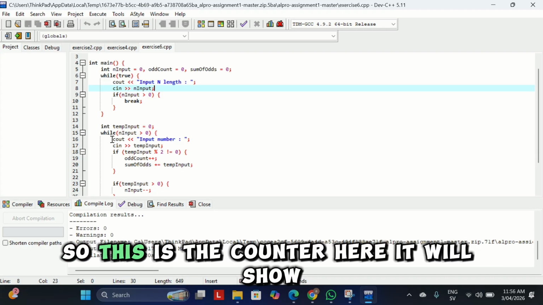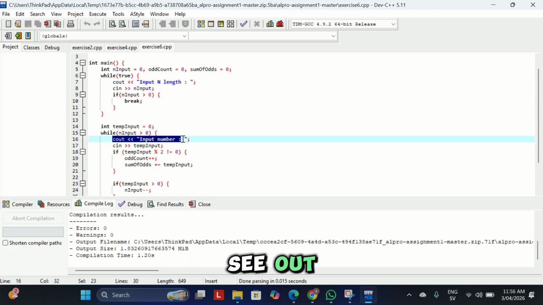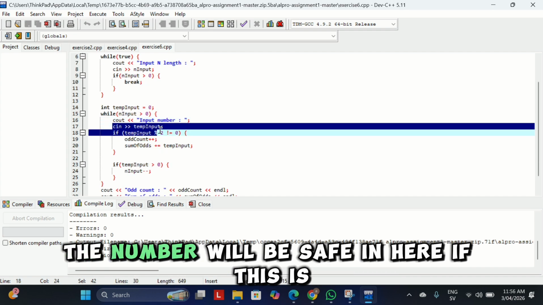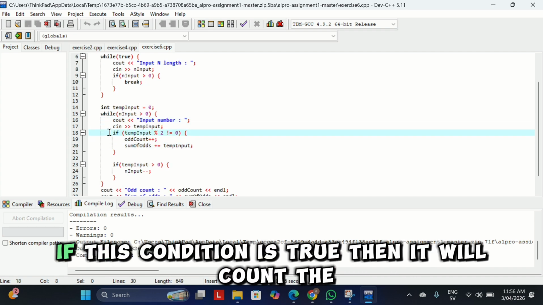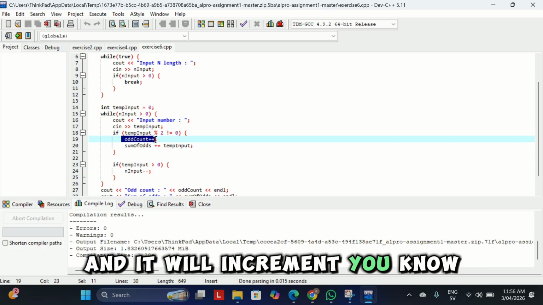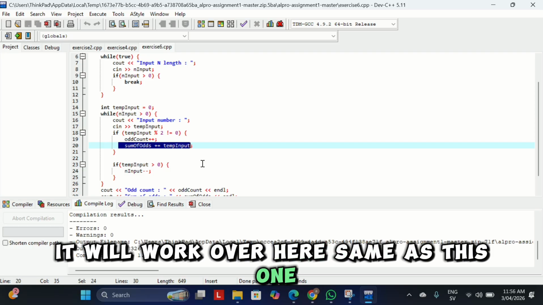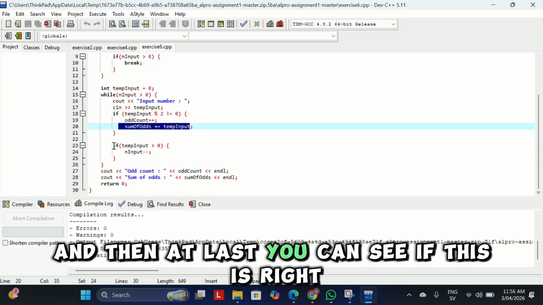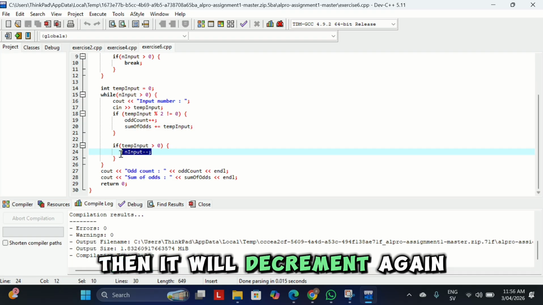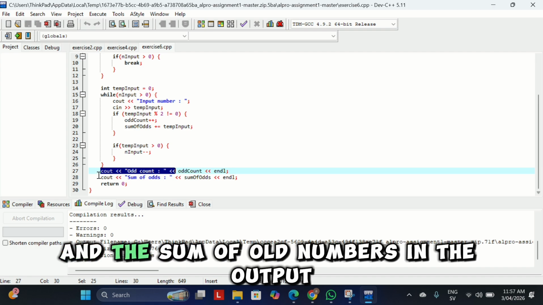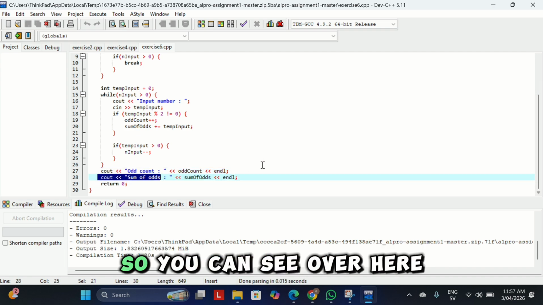So this is the count over here. It will show the output on the screen, input number, the same number will be saved in here. If this condition is true, then it will increment the count, like if it is 1, then it comes again, like it is 2 or not, the same it will work over here. And then at last you can see if this is right, then it will decrement again. So at the last the output will show the odd count and the sum of odd numbers. So you can see over here,